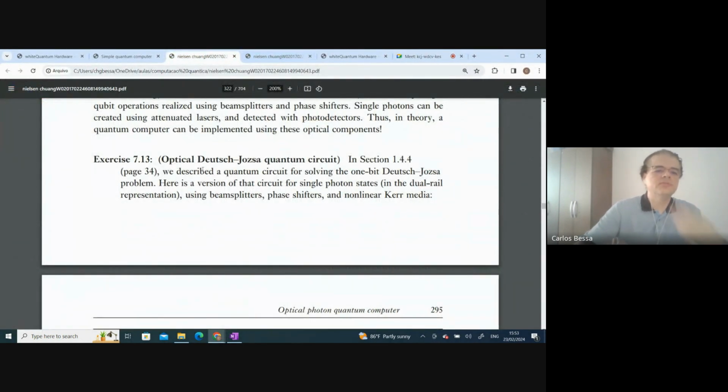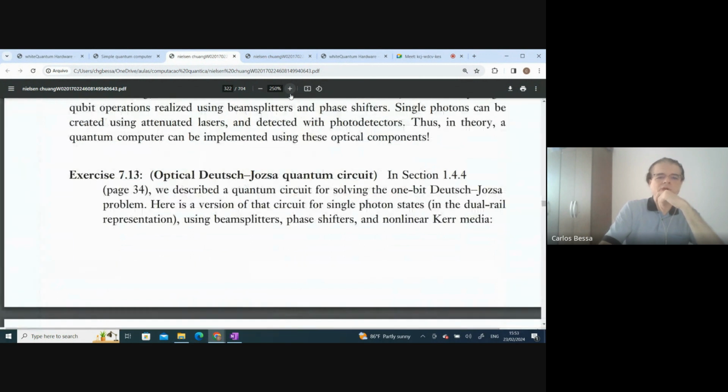Yes, this one. Exercise 7.13. You guys can see and read well. That's the book, the New Century book. So exercise 7.13, like it says, in section 1.4.4, page 34, we describe a quantum circuit for solving the 1-bit